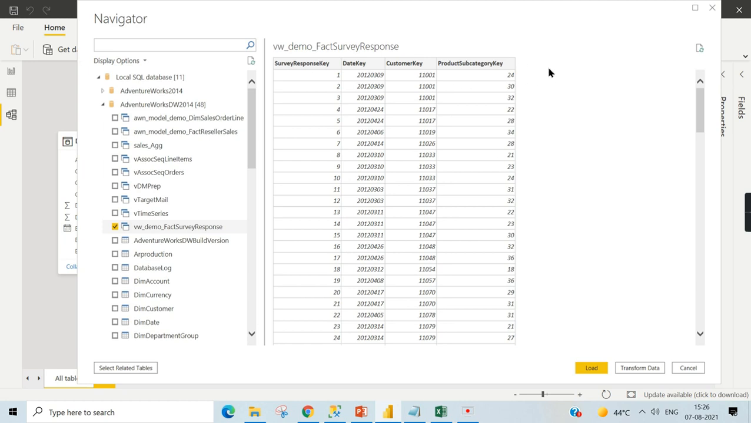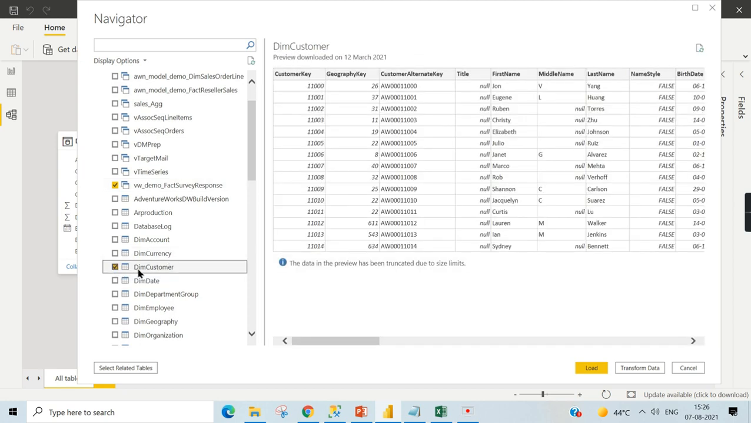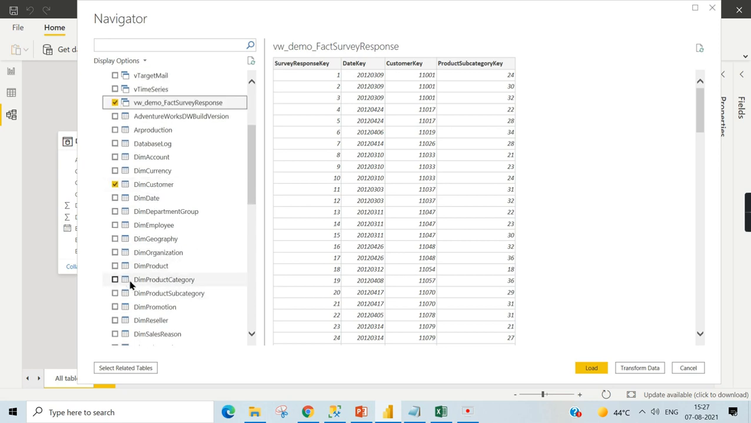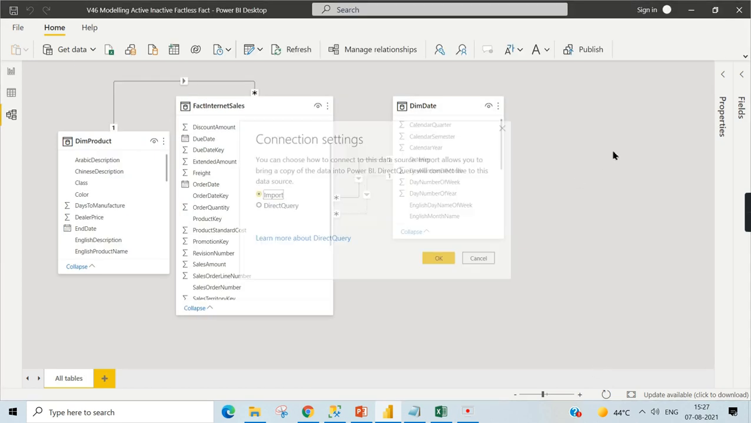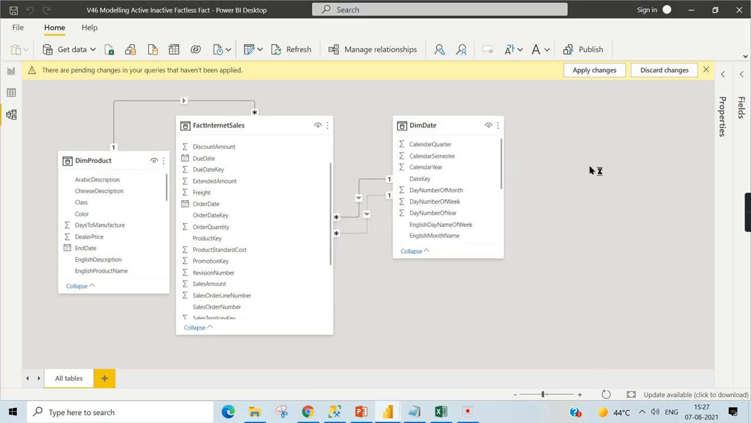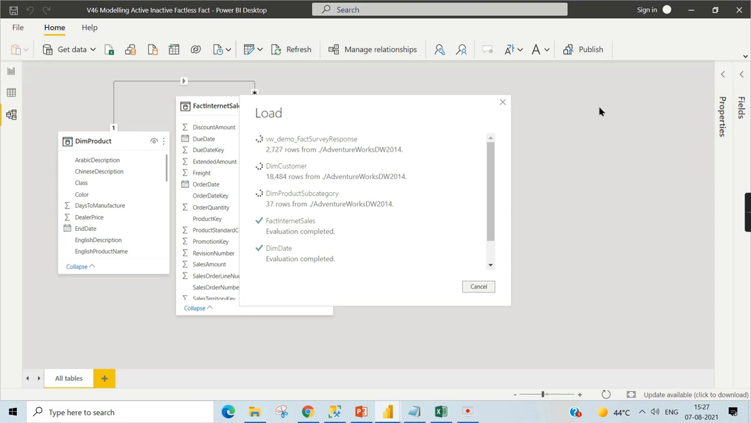It doesn't contain how many were counted or quantities sold, nothing. It will contain only the dimension keys. That is called your factless fact table. Now in order to analyze, you can have this customer over here, and also the product subcategory. I can also include the product subcategory. Now let's load it. Let's do import. Let's wait for it. Once it is loaded,